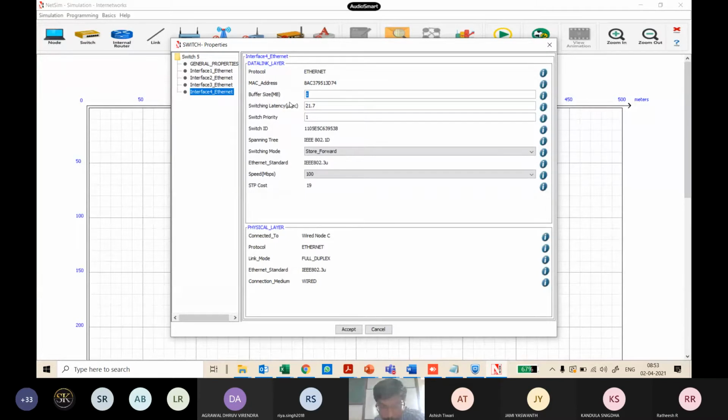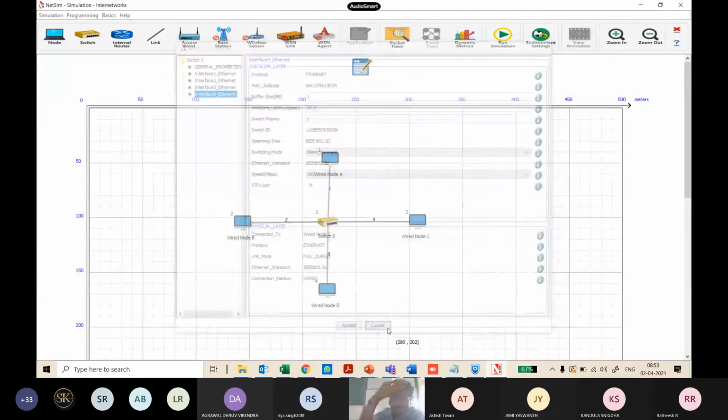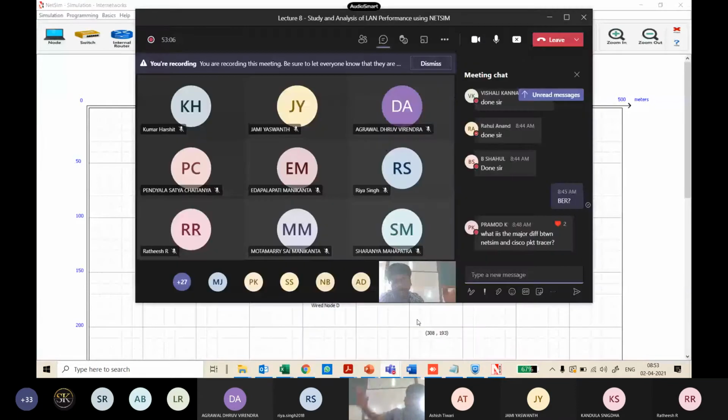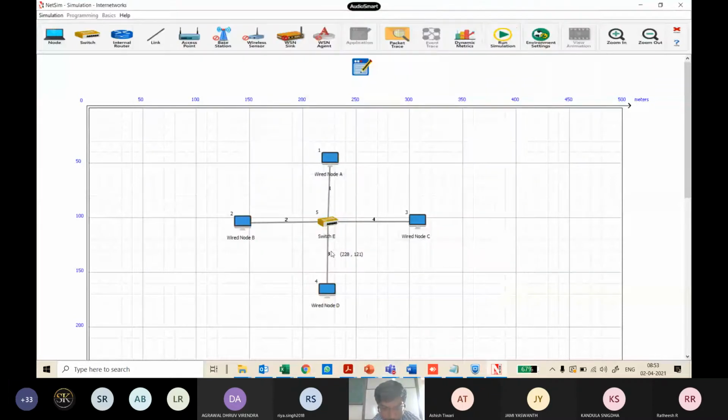But the more buffering that happens, it's going to affect your end-to-end throughput, right? Which basically means there's more load on the LAN. The switch is buffering more because of the link connecting from the switch to the destination. Now this is 5 Mbps. All these are 5 Mbps, right? All are generating at 5 Mbps to the server. This link can only carry 5 Mbps, correct? Which means the switch starts to buffer up more.